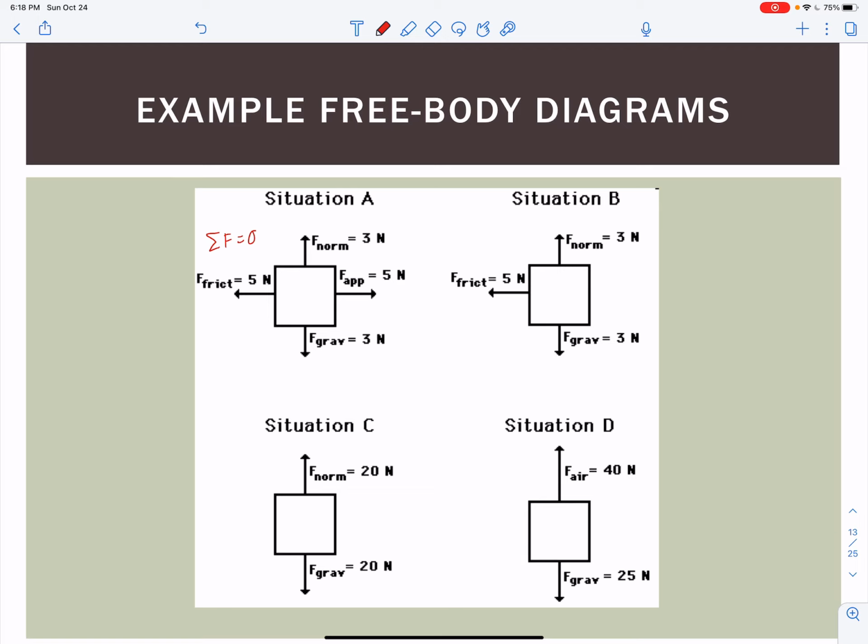One other thing you can say about this is that this would be a situation where I have a push. The applied force is going to the right. I have a push on something that is